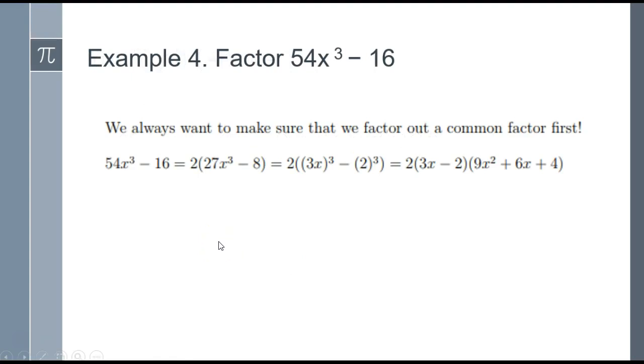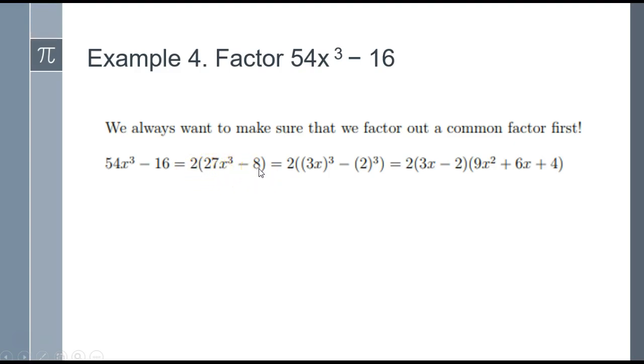So here's another one. So far, we haven't had anything that had a common factor to come out first. But I look at this, and it's clearly something cubed because of x cubed, or that might be a pattern I'd want to investigate at least. But 54 is not a perfect cube, and 16 is not a perfect cube, so I don't really know what to do. What you have to do is pull out a common factor. 54 and 16 are both even, so they're both divisible by 2. So let's try that. If I pull a 2 outside, undistribute it in a sense, that leaves me